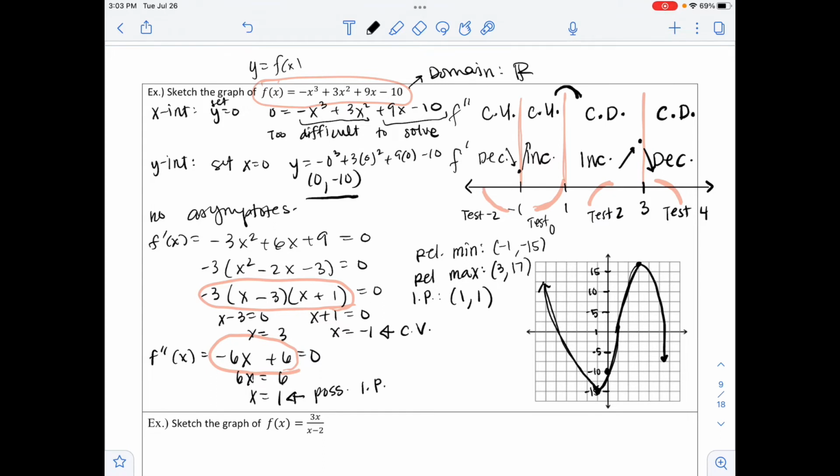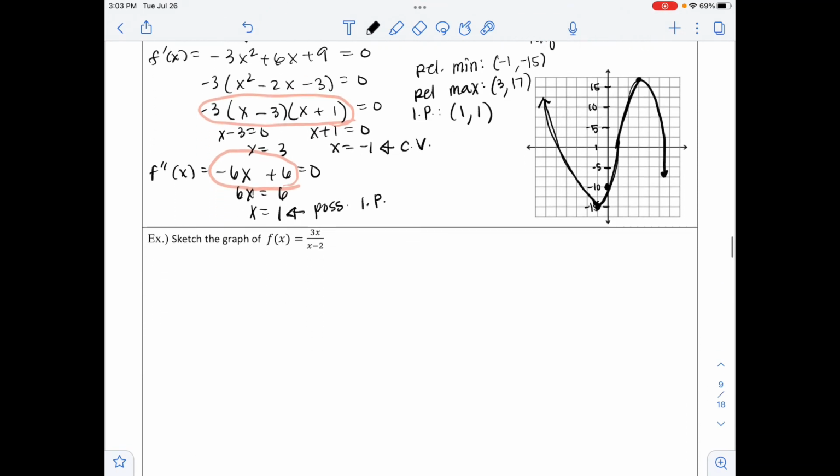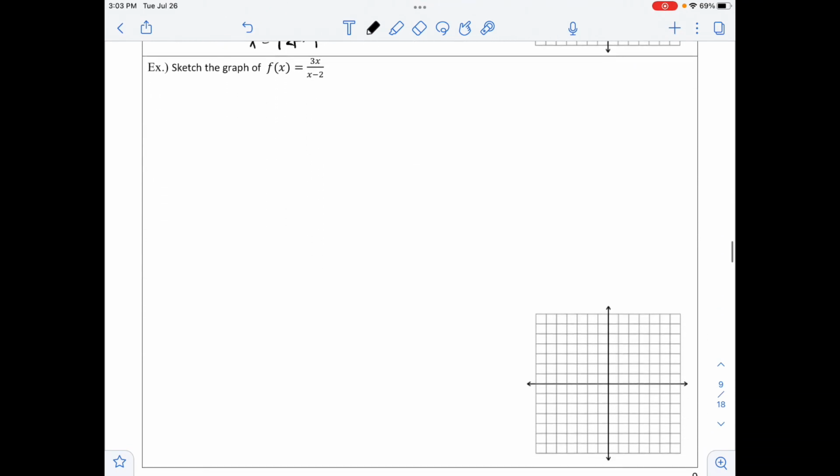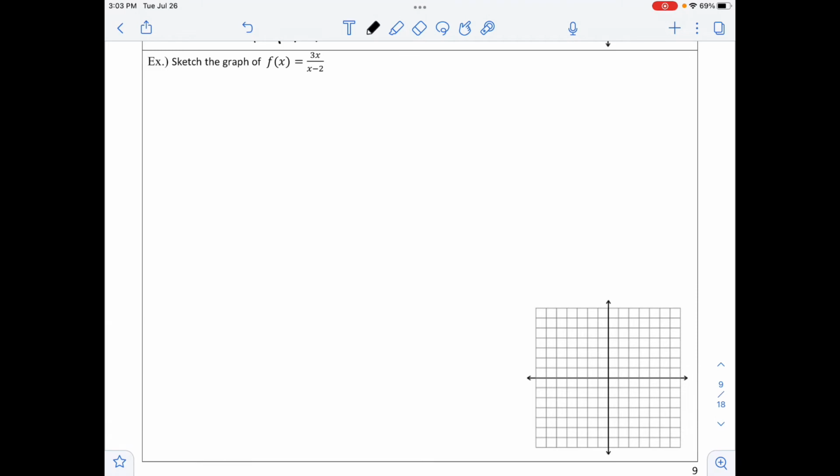And so we have our graph. If it asks for intervals of concavity or intervals where it's increasing or decreasing, we can also list those. So the next example that we have says sketch the graph of f of x equals 3x over